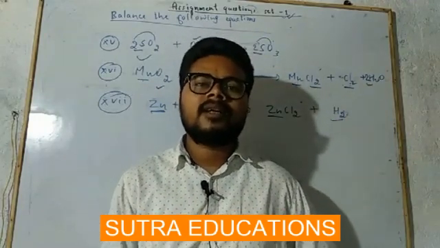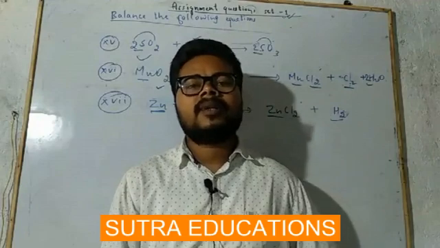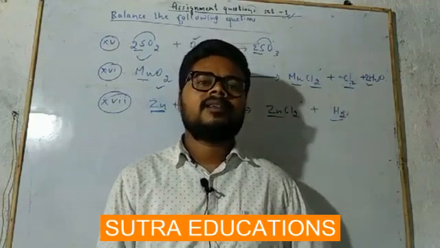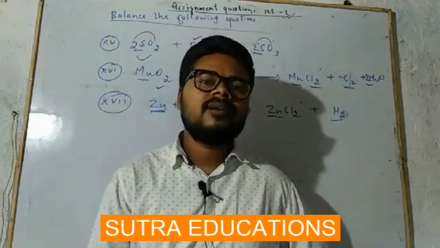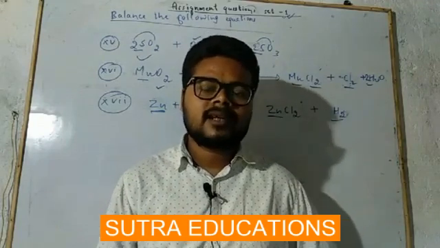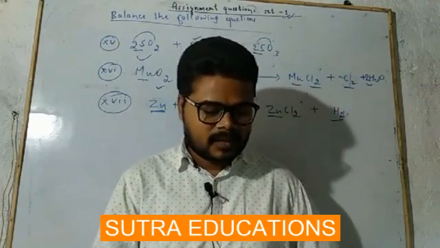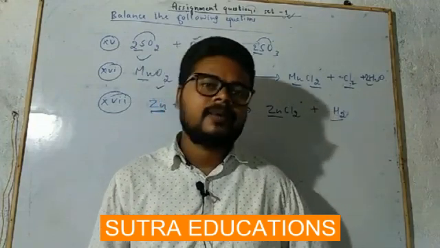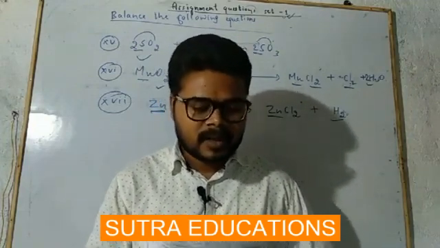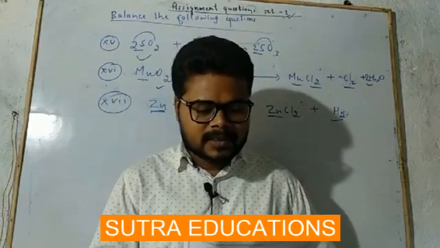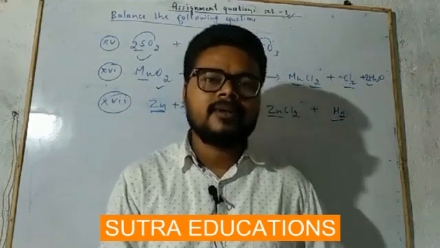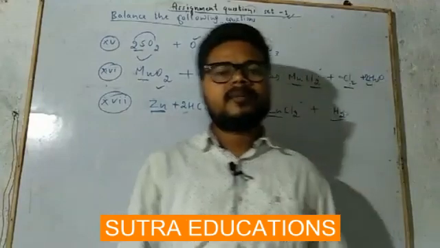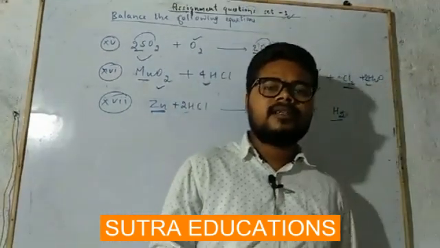Question 2, what is the type of reaction in which the reactant gives simpler products? I have told you about decomposition reaction. A substance breaks down to give simpler substances. So the answer is decomposition reaction. Question 3, what is the type of reaction in which 2 or more reactants combine to give a single product? Combination reaction. Question 4, in which type of reaction does an exchange of partners take place? Double displacement reaction.